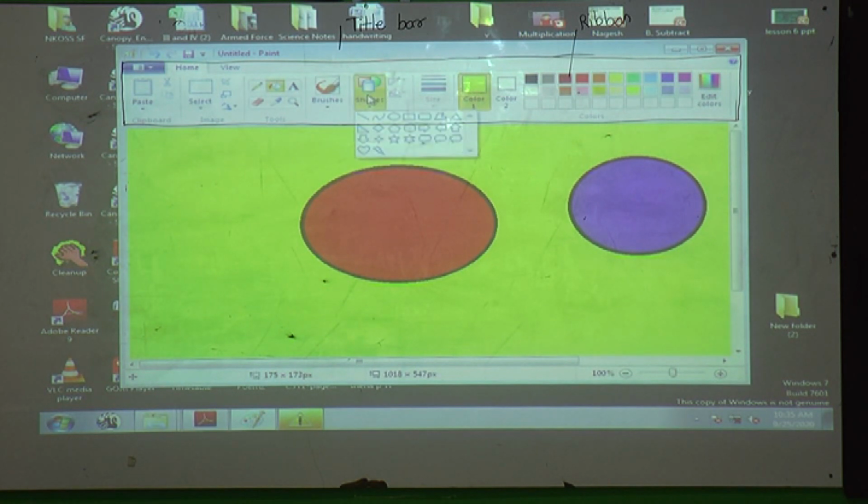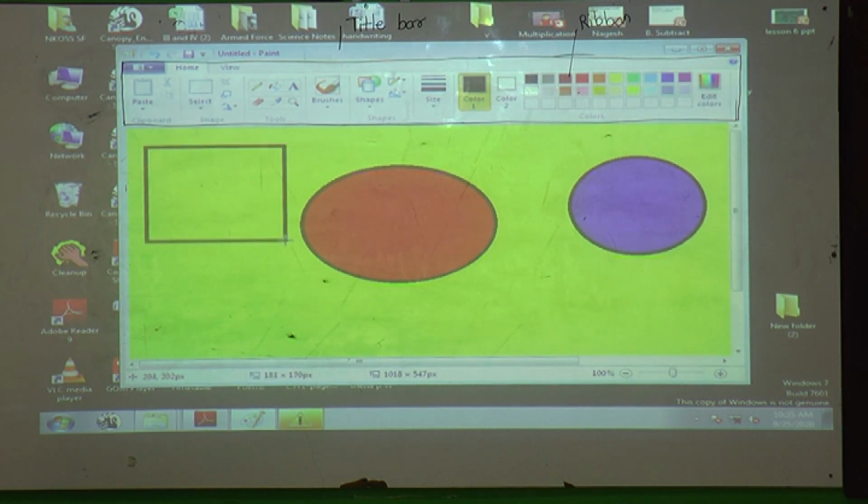Okay? And we can draw different shapes. How to draw shapes? Firstly, go here, click the mouse, which button? Left button, then select the shape. Select by using the left button only, and continuously press the mouse left button. Continuously press and hold the mouse. Then you can see the shape we choose here, we can draw, and we can give different colors here also.